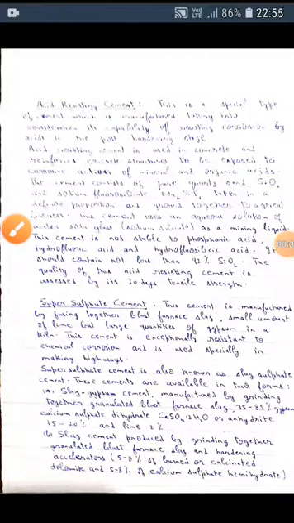Acid resisting cement. Acid resisting cement is a special type of cement which is manufactured taking into consideration its capability of resisting corrosion by acids in the post hardening stage. Very specialized combinations of ingredients are used in the manufacture of acid resisting cements. Acid resisting cement is used in concrete and reinforced concrete structures to be exposed to corrosive action of mineral and